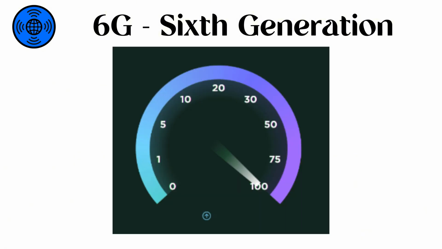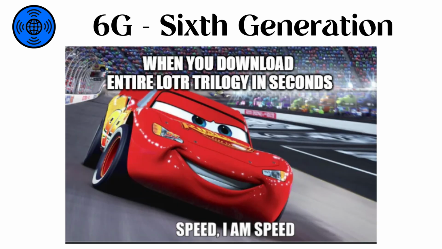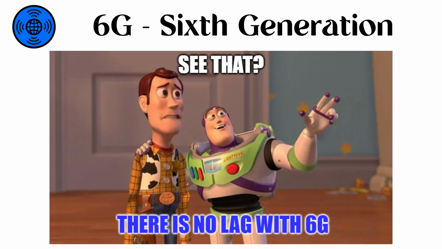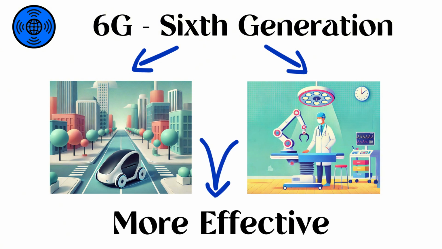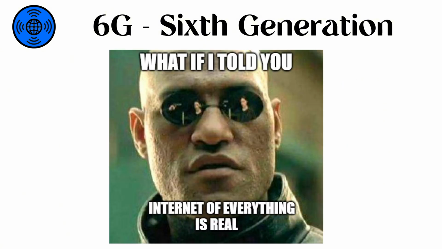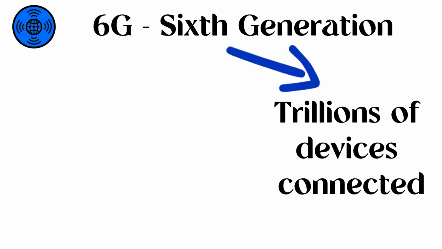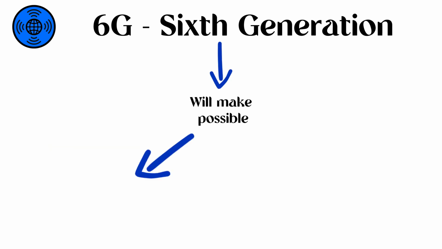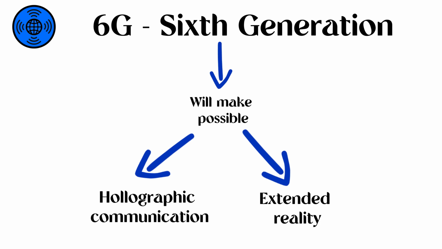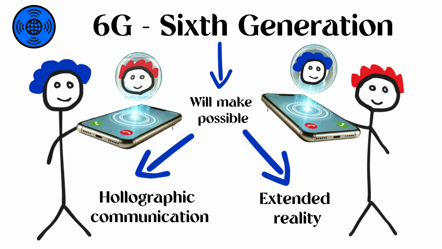6G is expected to offer speeds up to 100 gigabits per second, enabling instant downloads and seamless streaming of ultra-high-definition content. Latency will be extremely low, potentially down to microseconds, making real-time applications like autonomous driving and remote surgery more effective. With massive connectivity, 6G will support the Internet of Everything, connecting trillions of devices for smart cities, homes, and industries. Advanced applications like real-time holographic communication and immersive extended reality experiences will be possible,